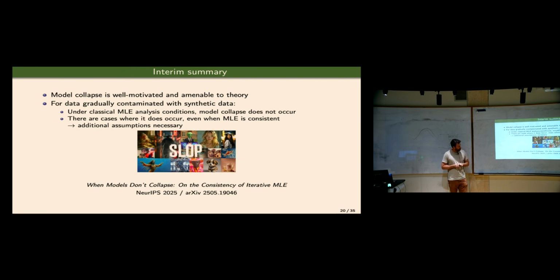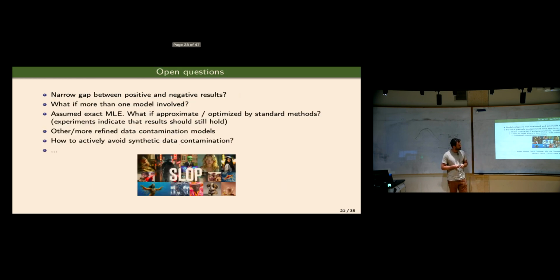Okay, so let me summarize until here. There are really a lot of papers nowadays on model collapse, and there are a lot of interesting follow-ups that you can do. In our paper, under some assumptions you don't get model collapse, under some assumptions you do, but we can talk about how you can close this gap. And you can really complicate the setting and make it more interesting and more relatable to what actually happens in practice.